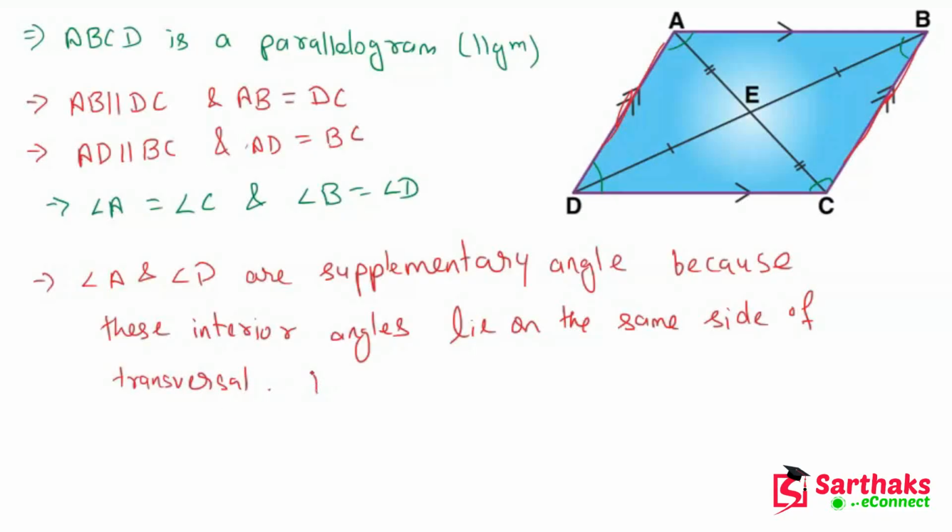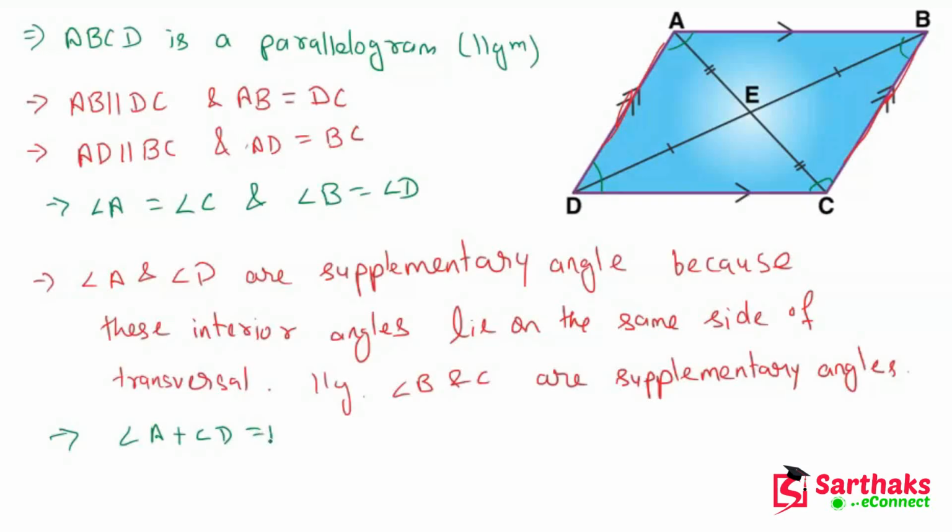Okay, and similarly angle B and angle C are supplementary angles. Got it? So we can write it as angle A plus angle D is equal to 180 degrees, and angle B plus angle C is equal to 180 degrees. So in short we can say that in a parallelogram, number of vertices